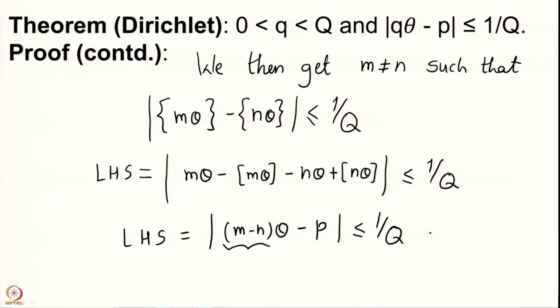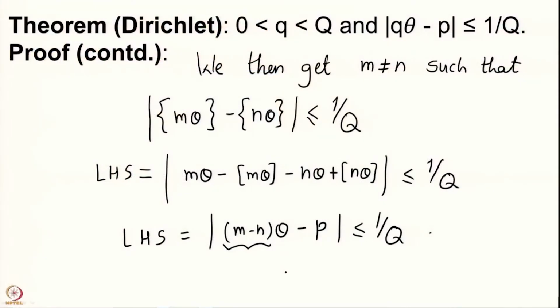And so, we have this number here, which is, remember we had taken m and n from 1 up to q minus 1. So, the difference, it could happen that the number you had obtained is 0, or you may have the number that you had to be 1, and then another such number has to be some fractional part of m theta. In that case m will be some number from 1 to q minus 1. If there is only one fractional part and one of the 0 and 1, you will have that the corresponding m is less than or equal to q minus 1.